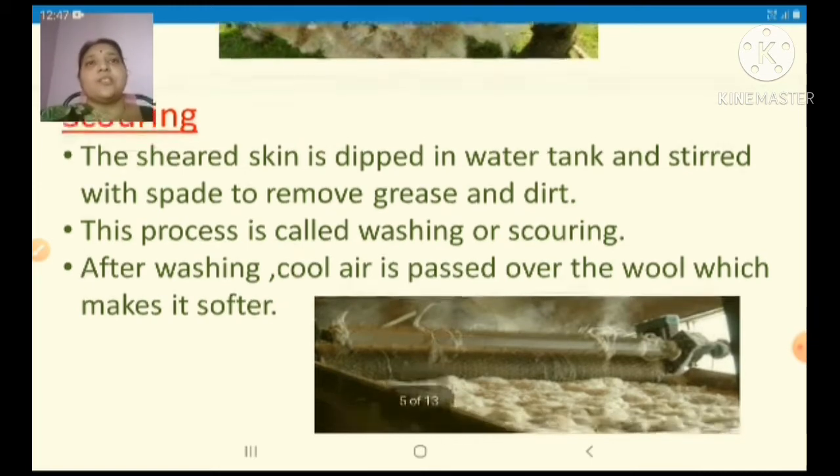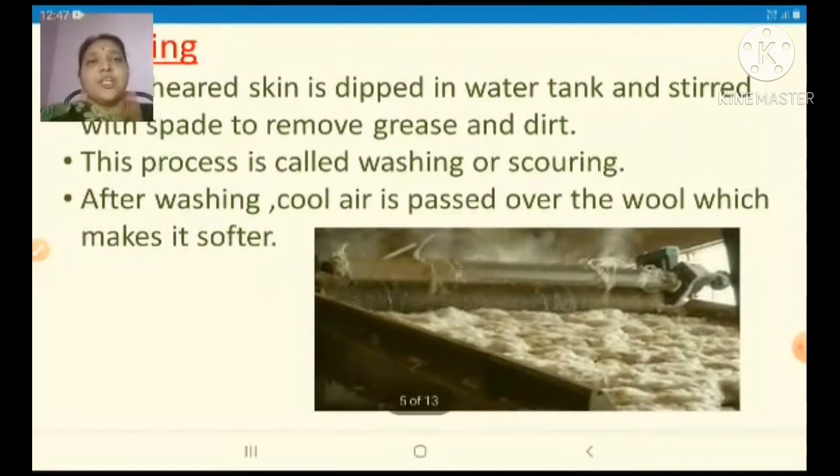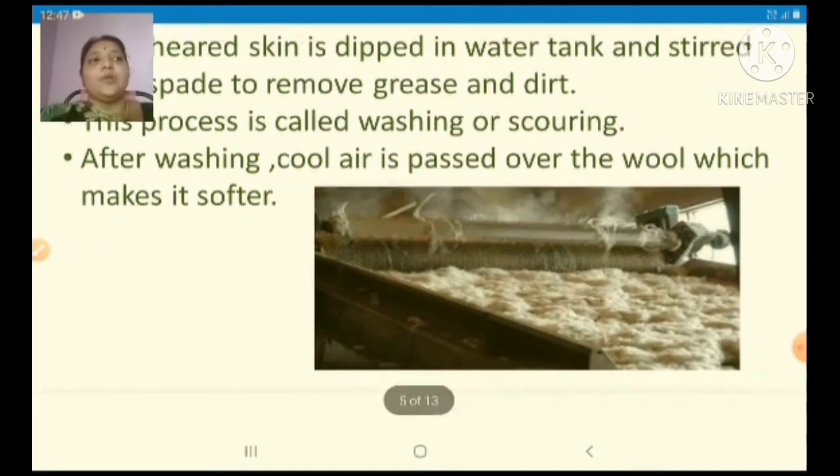This process of washing the sheared wool is called scouring. And here you can see in the picture there is a big machine which is washing the sheared wool so that the grease and dirt is removed. And after washing, cool air is passed over the wool which makes it softer.